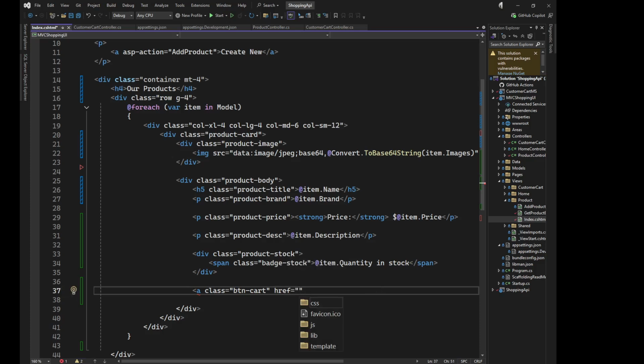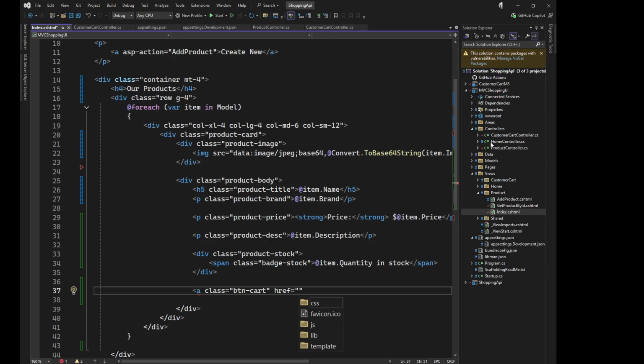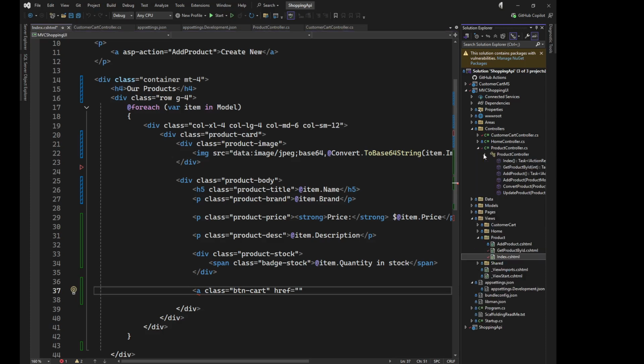So I need to redirect to a controller method. So this href needs to go to product, get product by ID, this one over there. So to do that, we're gonna have to use the